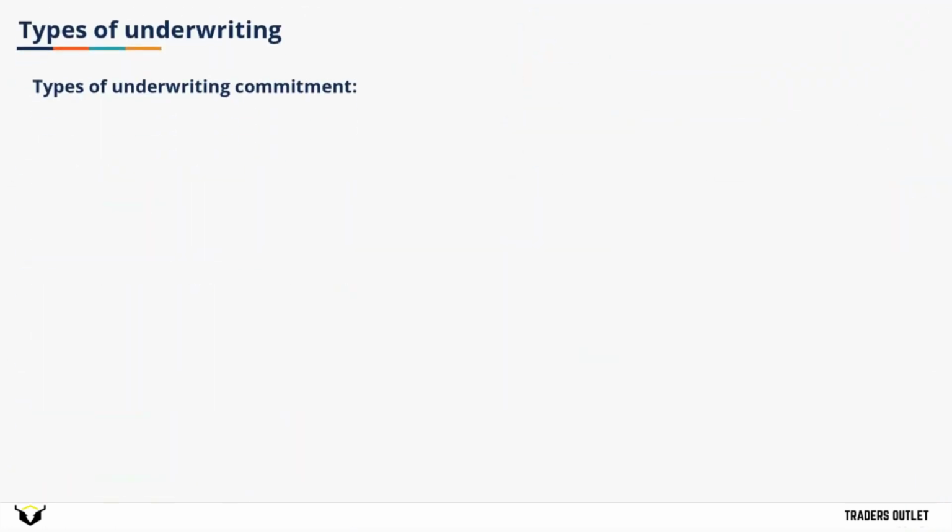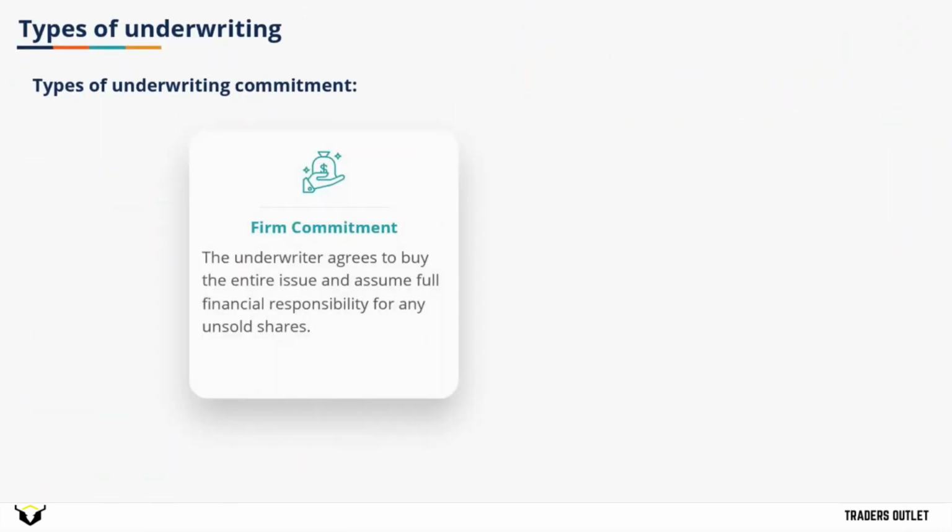In terms of the types of underwriting that are available, generally advisors or banks will either provide a firm commitment, which is when they agree to buy the entire issue in the full amount with full responsibility for selling it. So for example, a company needs to raise $100 million, the bank buys all $100 million, and then turns around and sells that to investors. If it can sell the shares for more than it paid for them, it makes an extra profit. However, if it sells them for less, it loses money.